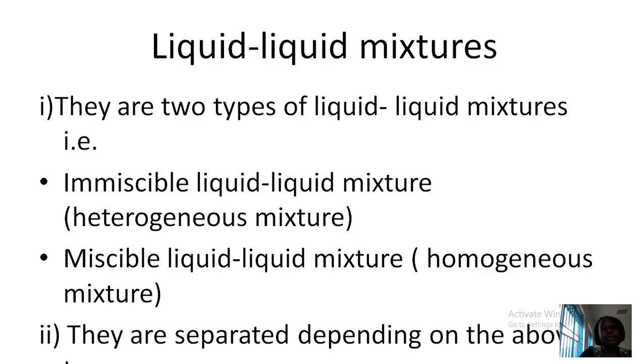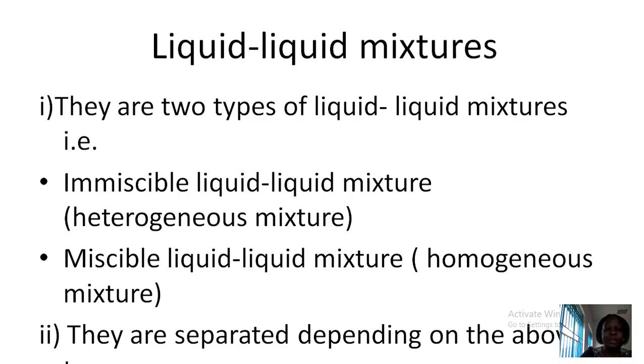Then another type of mixture is the liquid-liquid mixtures. There are two types of liquid-liquid mixtures, that is the immiscible liquid-liquid mixture, also known as the heterogeneous mixture. Then the miscible liquid-liquid mixture known as the homogeneous mixture. And these ones are separated depending on the type of mixture that is being formed, depending on the liquids that